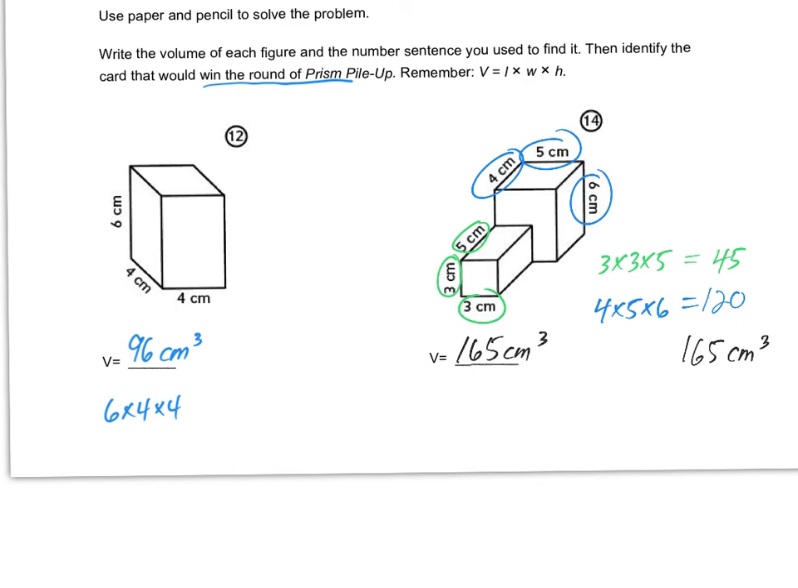Now before we stop, we need to go back and make sure we answered all parts to the question. Did we write the formula of each figure? So that would be, I showed that here, so check, and then double check for that one. So yes, I wrote the formulas that we used to find it. Did I identify the card that wins? No, that is the last thing that I need. So again, in the rules of Prism Pileup, the larger volume wins. So our clear winner would be card 14 with a volume of